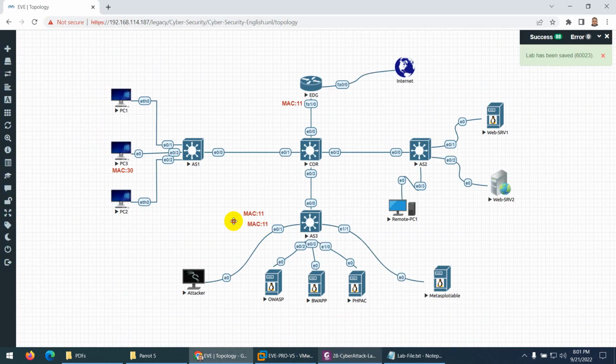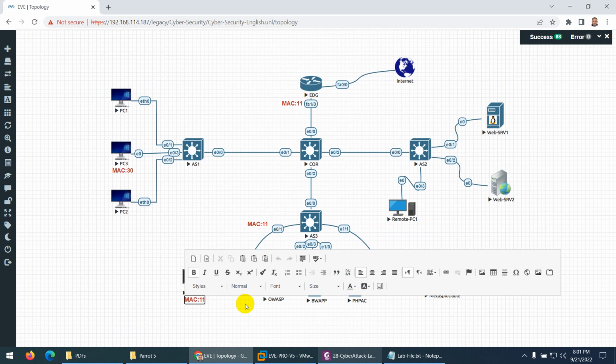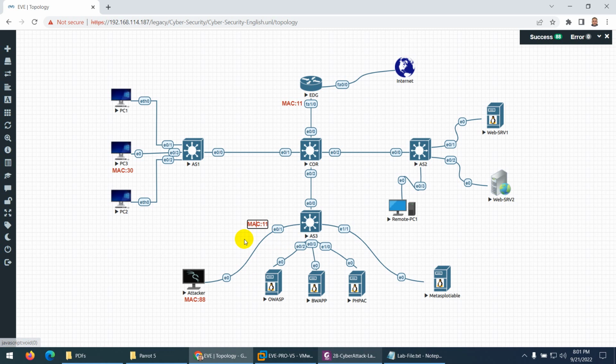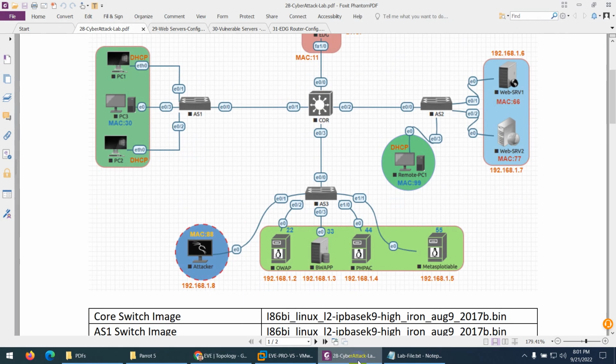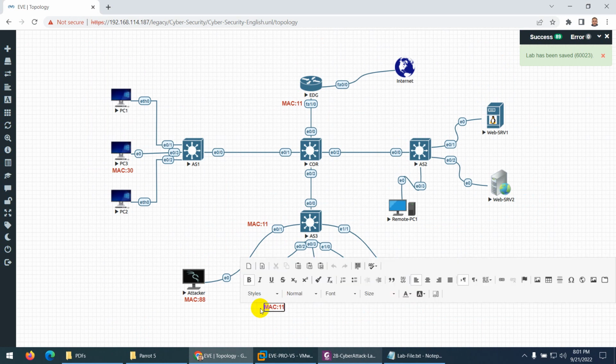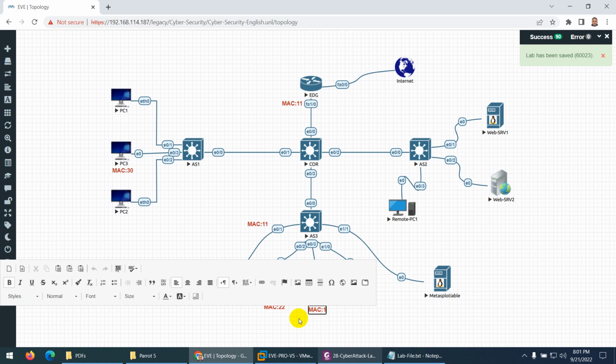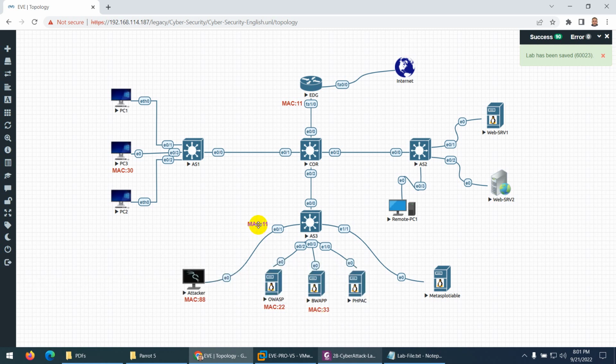So let's go to here. By the way, it's here first. So this is 8, we give them MAC address 88. So 88 is the MAC address, and this one's MAC address is 2, and then continuously 3, 4, 5 like this. So let MAC address 22, and let's change the MAC address of this one to 33. Okay, 33, and let me duplicate, and let's put the MAC address